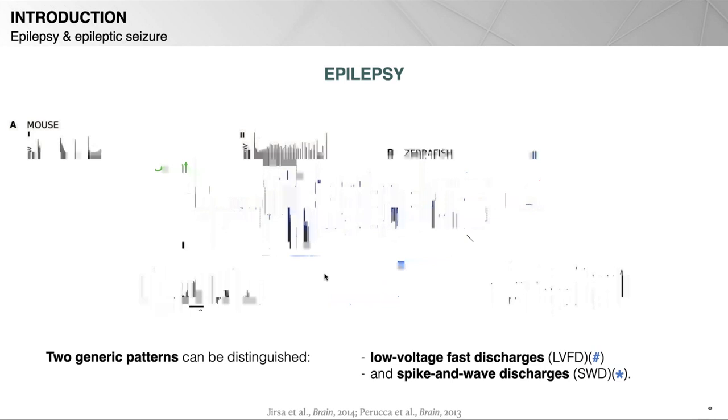So these two generic patterns are found in a similar way across species. Here you have on the left side a seizure-like event recorded in the mouse whole hippocampus, and on the right, a hypothermia-induced seizure-like event recorded in vivo in zebrafish. And so you can see, like for the human seizures previously, they are sharing the same patterns. And we can also see this pattern across different brain regions.